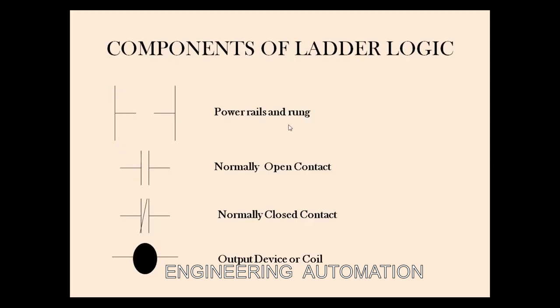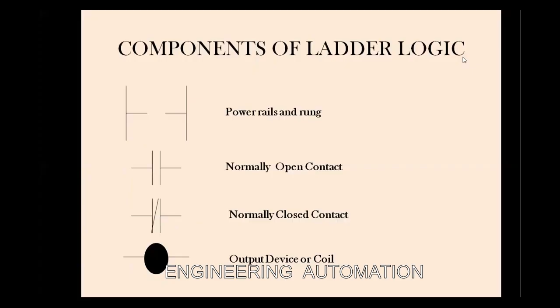The next one is a normally open contact. It is nothing like a switch. Normally we are using switches to turn on the outputs, right? It is similar to that. And next one is a normally closed switch. These 2 are the 2 input contacts we are going to use in the ladder logic. Fine. So normally open contact, what it will do means, whenever we are going to turn it on, it is also simply called as NO contact. So NO contact means it will be making the circuit. That means whenever it is turned on, at that time it will be giving the output.